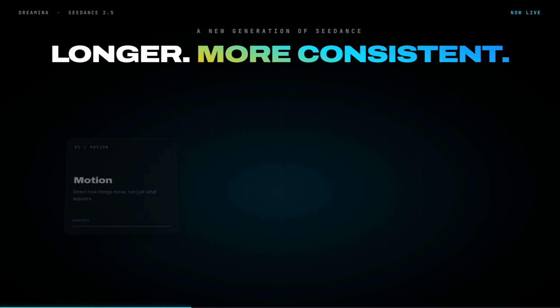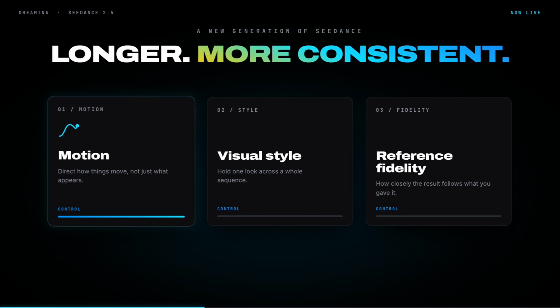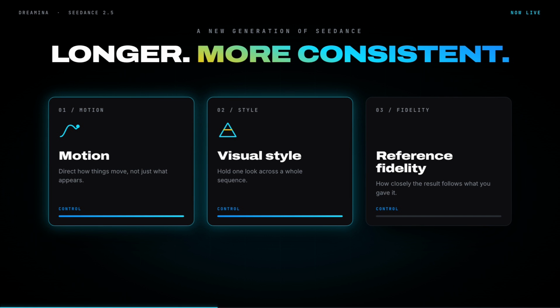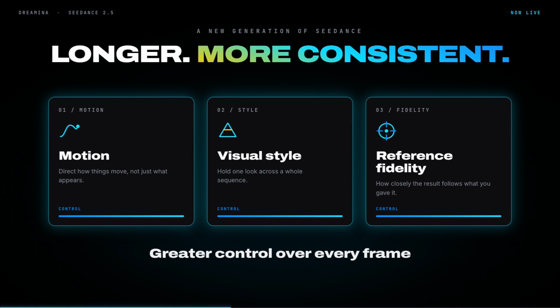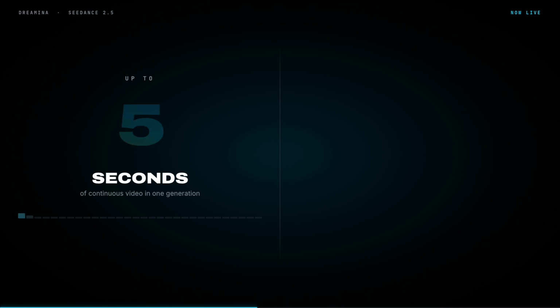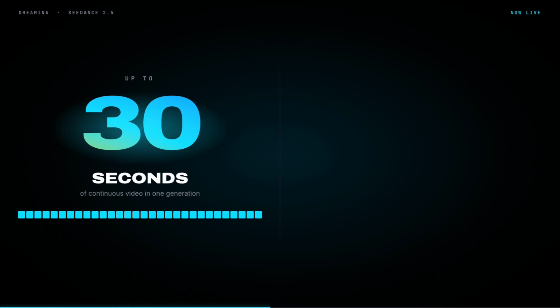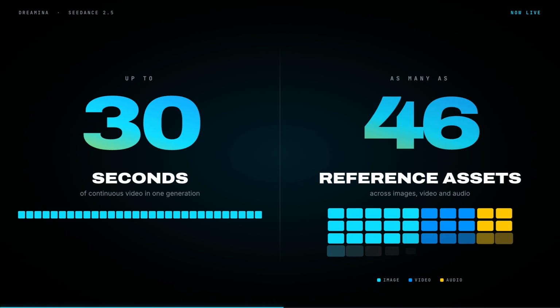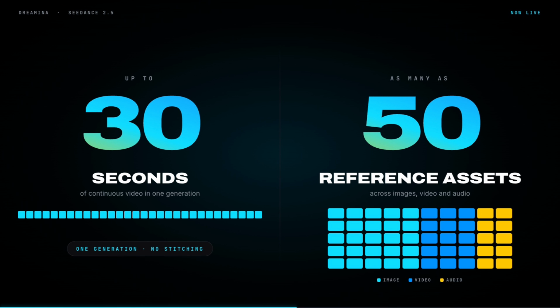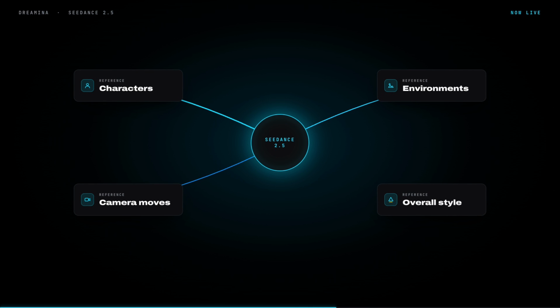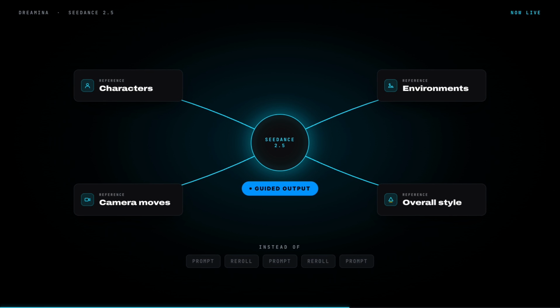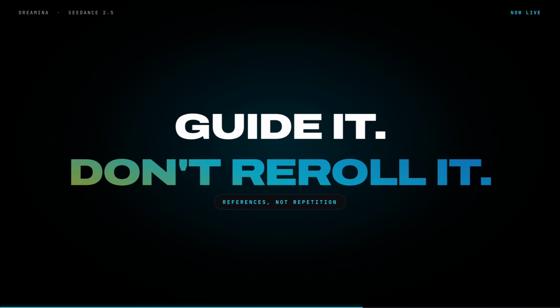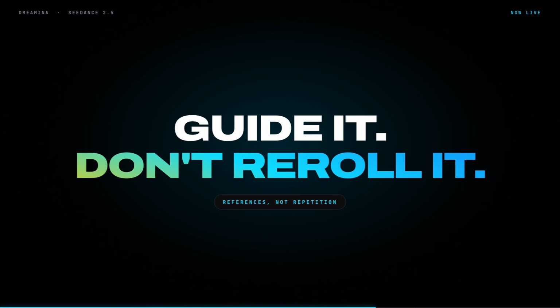This new generation of Seedance is built for longer, more consistent video sequences, with greater control over motion, visual style, and how closely the result follows your references. More specifically, Dreamina Seedance 2.5 can generate up to 30 seconds of continuous video and work with as many as 50 reference assets across images, video, and audio. This means creators can guide characters, environments, camera movement, and overall style through references, instead of relying entirely on repeated